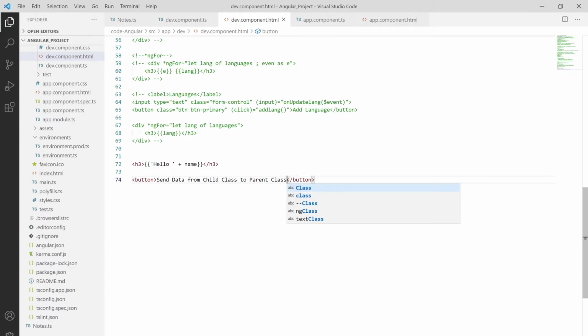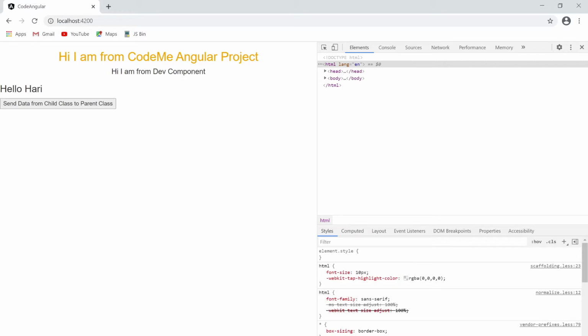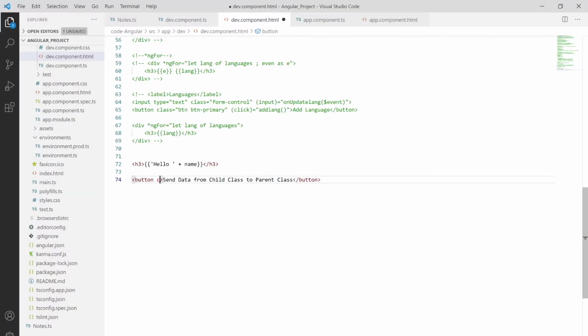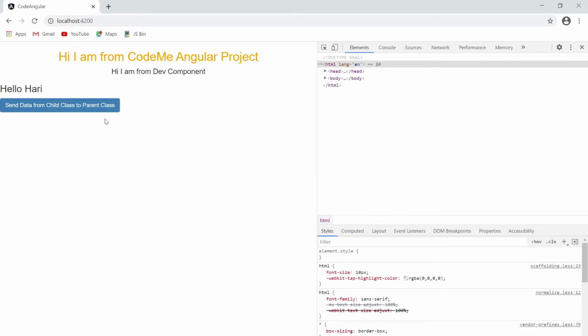Let me move this over here, and you can see that the button is created, and we are also using the Bootstrap CSS. So I'm defining our class as btn and btn-primary to include the CSS from the Bootstrap framework, as you can see over here.